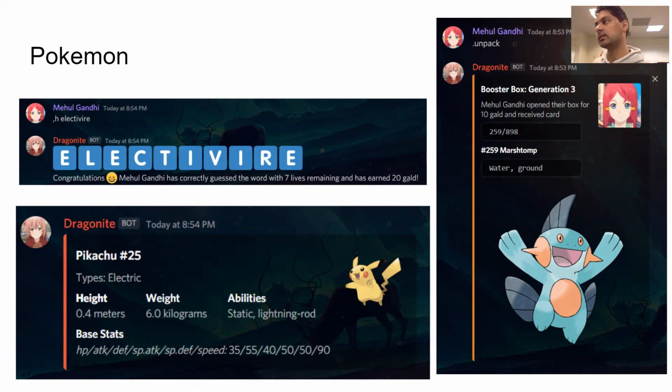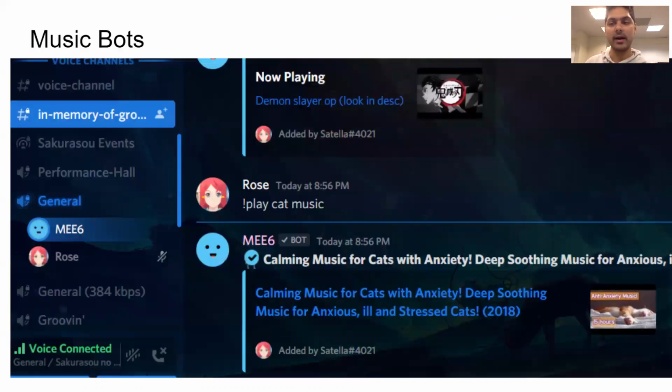It also uses my users table in my database, because it costs 10 gal to get a card, so I'm going to decrement the number of gal that the person has. It's a purchase, you purchase this card, so it's kind of involved, I think 4 different things at once. This is a music bot, not the best music bot.